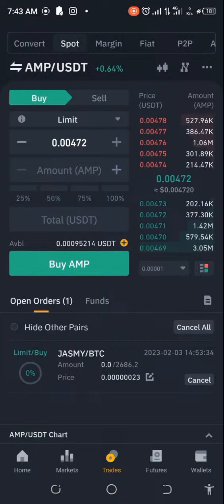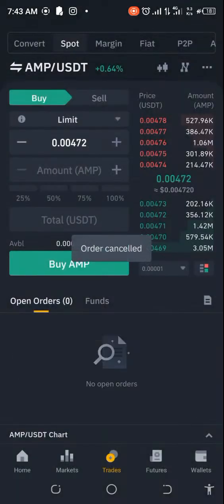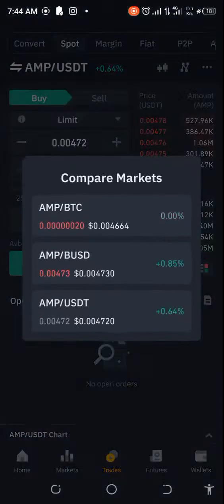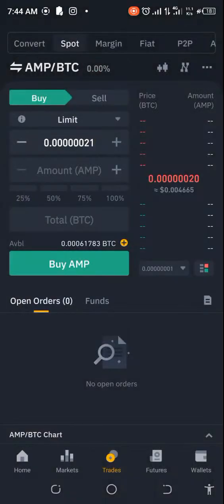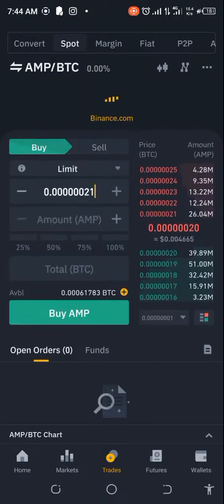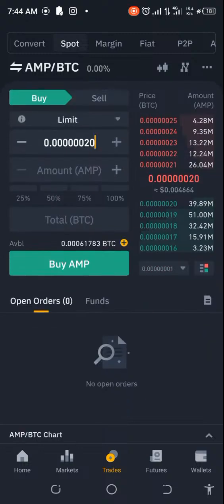So first and foremost, I'm going to cancel this trade. Once I cancel that, it releases my BTC back, and then I go ahead and do this for BTC. Let's hope that this works. So now what I'm seeing here is the current price. But one thing I would like to check before we go ahead is